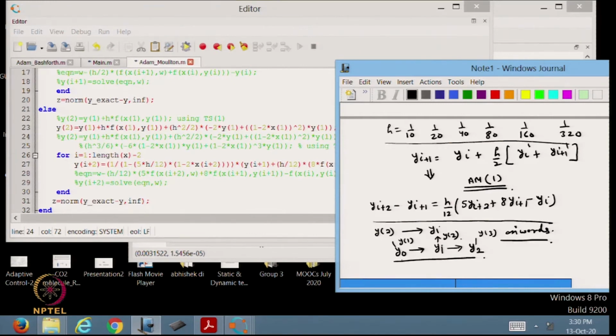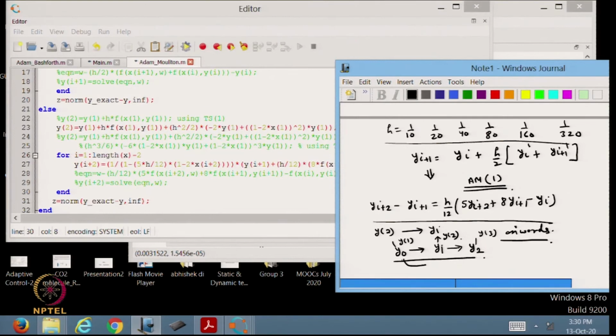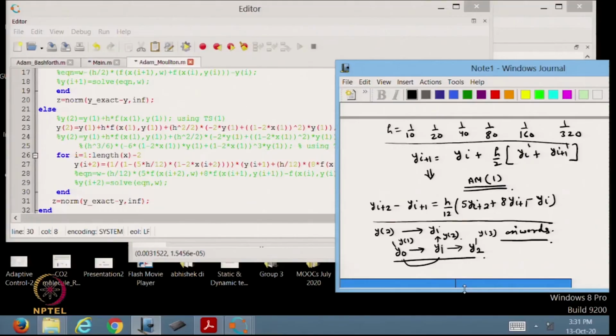And from here onwards, things will start from y3 onwards. Okay. So, again I have made it clear how we have gone from y0 to y1 with the help of the TS2 method, and now the reason should also be clear to you why we are choosing the TS2 method, not forward Euler, so that the total order of the method is consistent. If I choose a low order method to predict y1, that error will dominate in the final result as well. So, to have consistency in the order of the method I am choosing TS2.